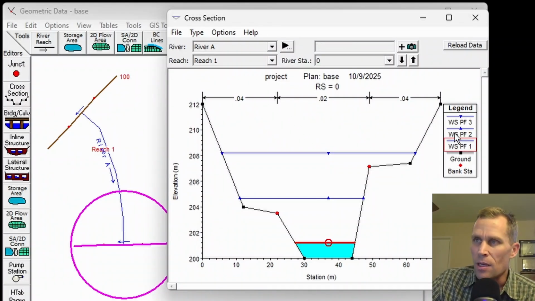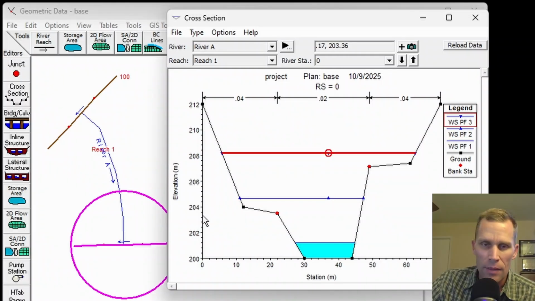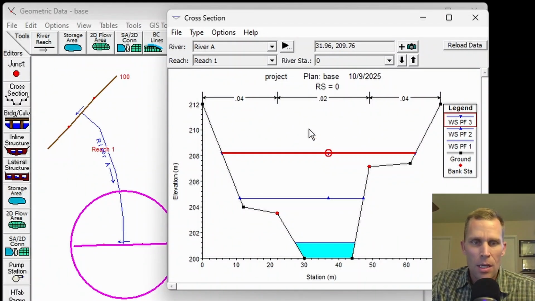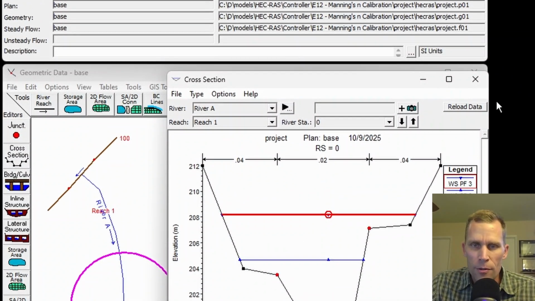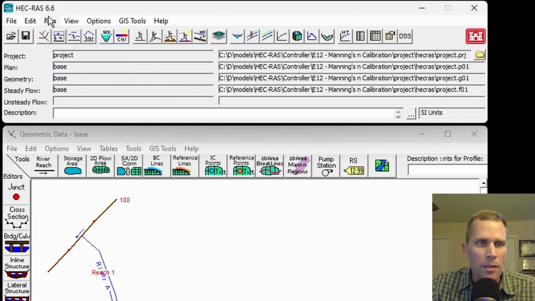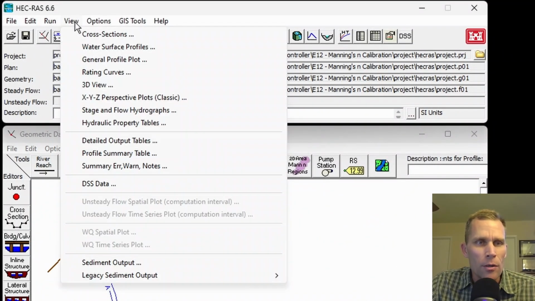PF1 is 30 CMS, 350 CMS, and 1100 CMS for these 3 different water surface elevations. Now, once we increase the Manning's n value as we're searching for our optimal value, we would expect these water surface elevations to increase. Let's go ahead and get the exact numbers here for the water surface elevation. So to do that, I'm going to close that window and then go up to View and then Profile Summary